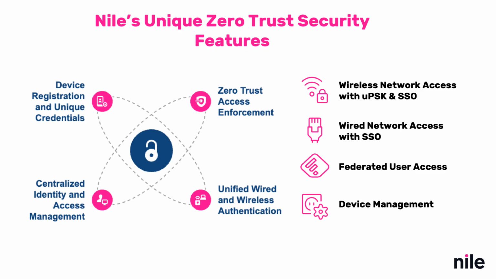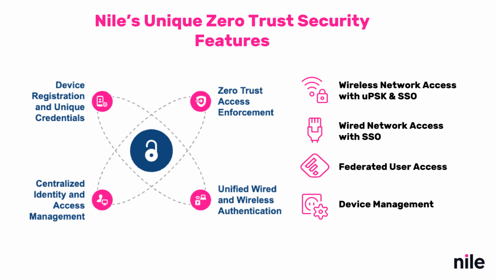Let's now explore how Nile implements Campus Zero Trust to secure both wired and wireless access with strong identity and device management. For wireless access, users can self-register their devices through an SSO-enabled portal for PSK-based SSID as well. Nile then assigns unique wireless keys, UPSK, for each user device pair, ensuring secure, personalized connections that follow zero-trust principles. Importantly, Nile is the only vendor that provides true single sign-on integration with wireless networks, making this a unique and powerful capability. On the wired side, all ports remain blocked until the user authenticates via MAC authentication,